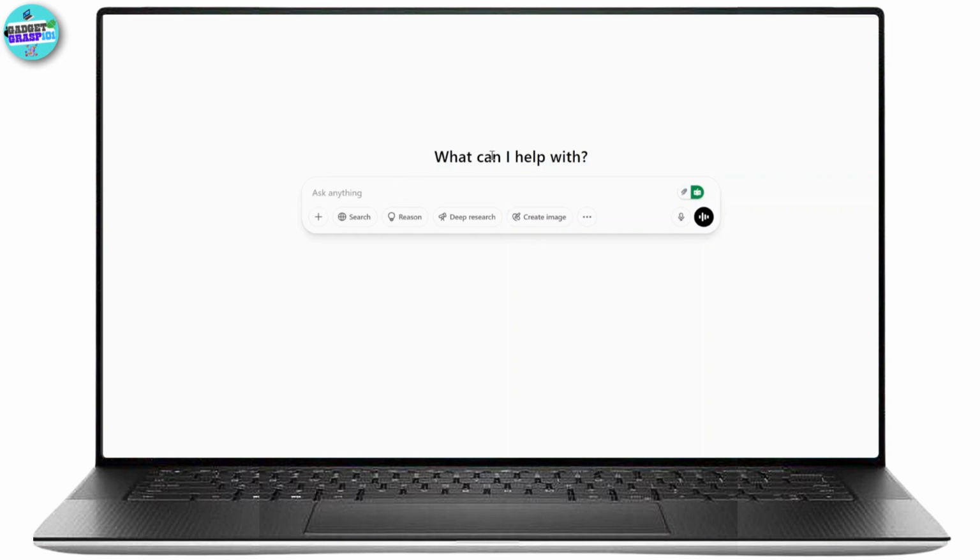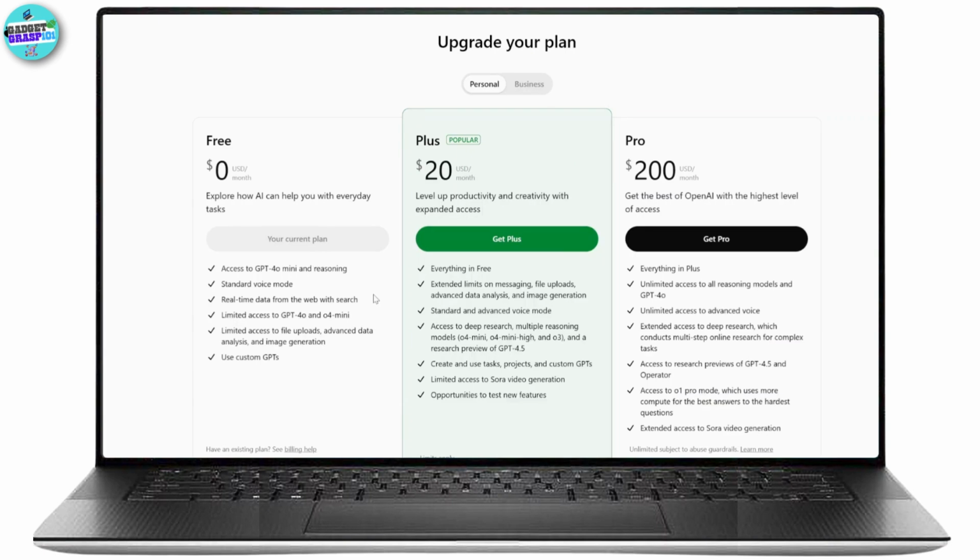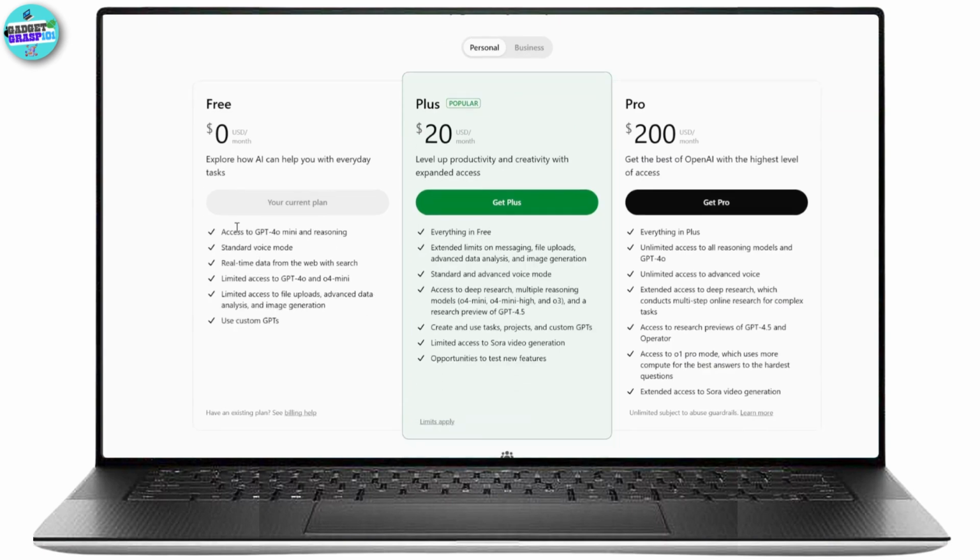So let me remind you that the current version which you are using right now can be seen by simply tapping on your profile icon at the top right corner. Just make sure you have already logged into your account, and once you're inside here, simply click on this upgrade plan. So it will basically let you know that you currently have access to GPT 4.0 mini and